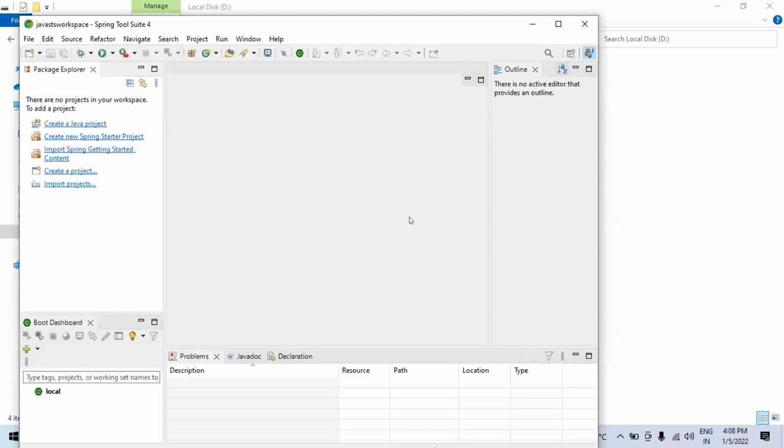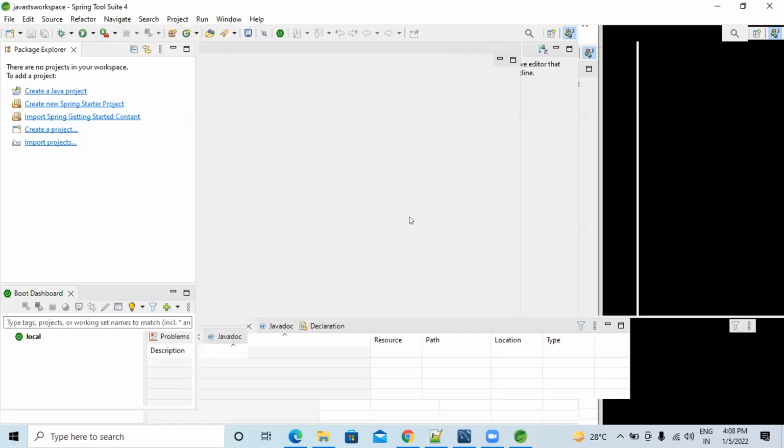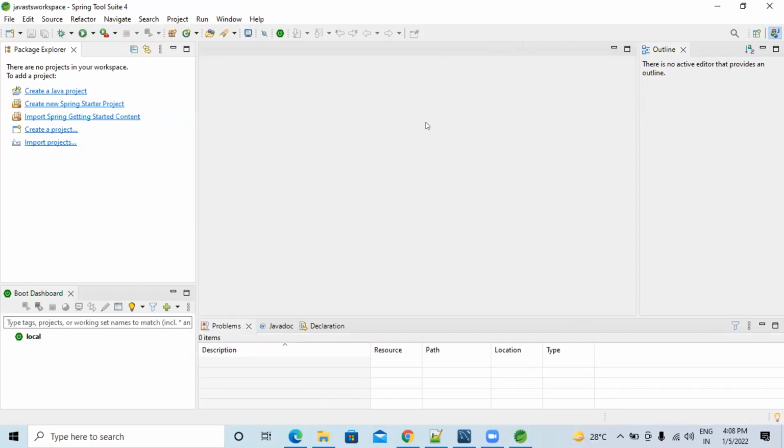See here, now he is not getting any project because that folder does not have any project.